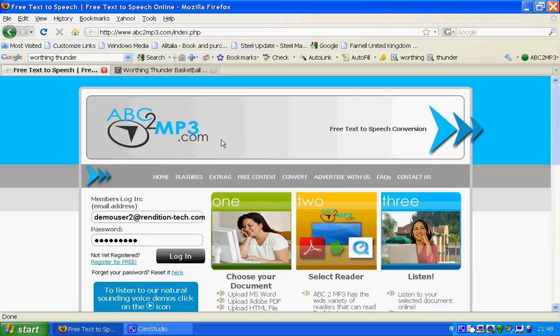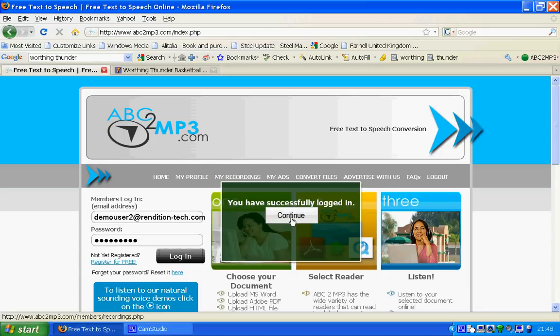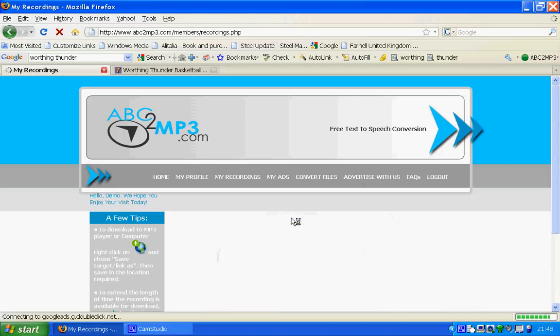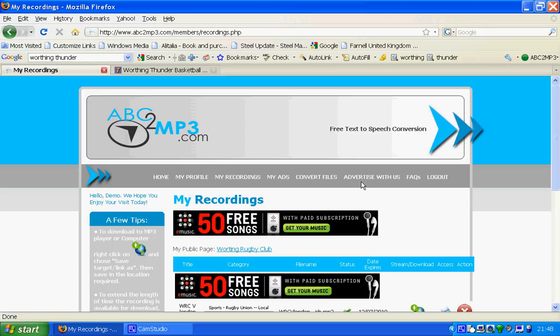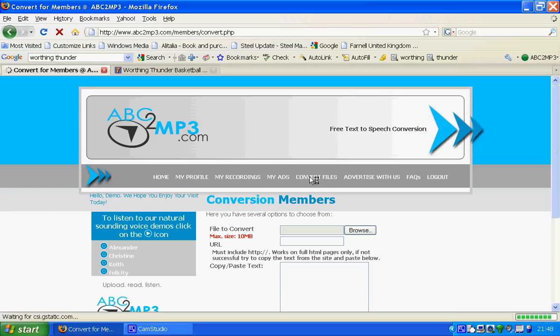All you have to do is go on the website. First of all you need to register and get your details on the system, and it's completely free. Then put your login details in here and log on to the site. This is very easy to do. The first thing you want to do is go to convert files, and on this